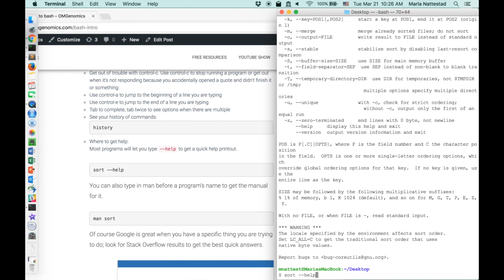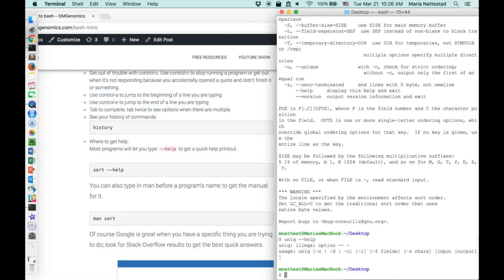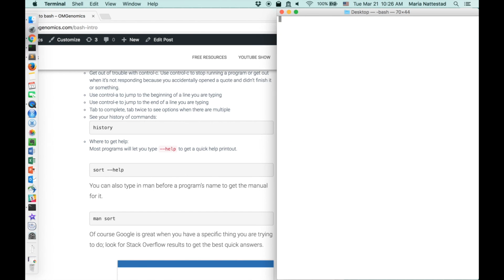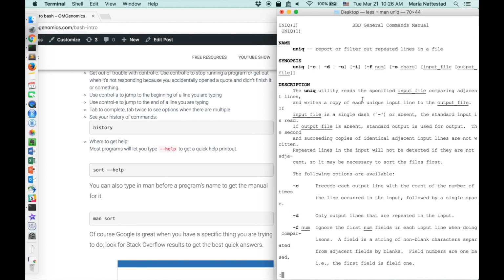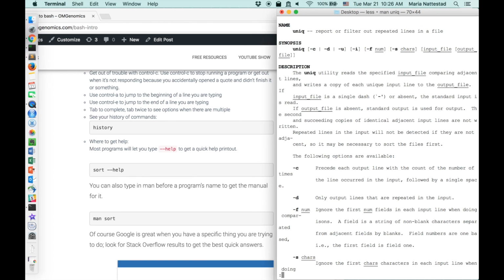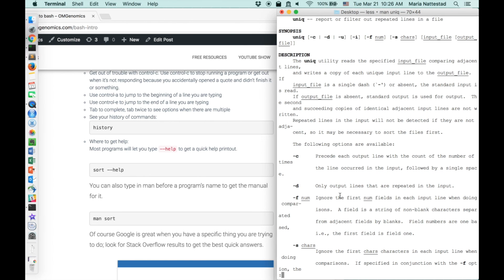Just go sort --help or uniq --help. So in this case, uniq doesn't have a help option, which perfectly demonstrates the next thing. If you want help with something and it doesn't have a --help option, then you can say man for manual, and then just type in uniq and hit enter. And so this will give you the same kind of information, usually formatted a bit differently, but if you look through this, it'll tell you